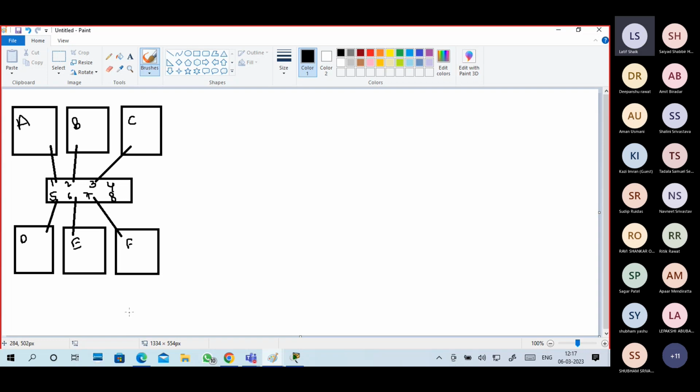Okay. So every PC has its own MAC address, right? A PC has a MAC address, B PC has a MAC address. Not the PC, the NIC, where we are connecting, this NIC has a MAC address. And every PC must have an IP address to communicate. And every NIC must have a MAC address because it's a NIC. A MAC address is a physical address, the physical identification of a device.